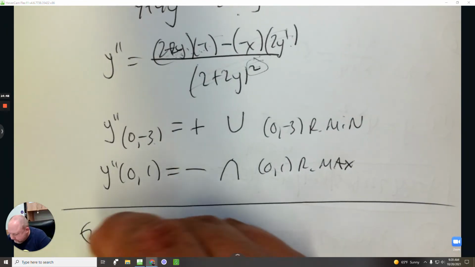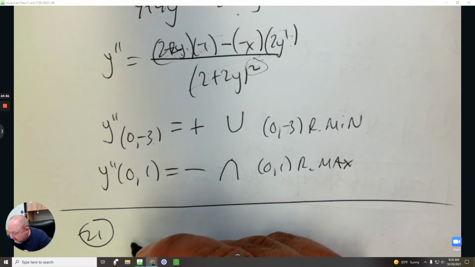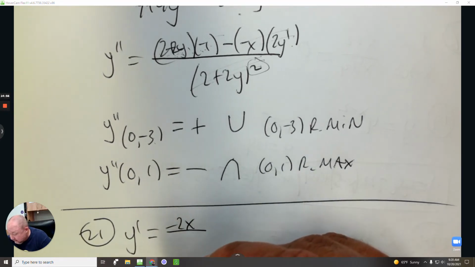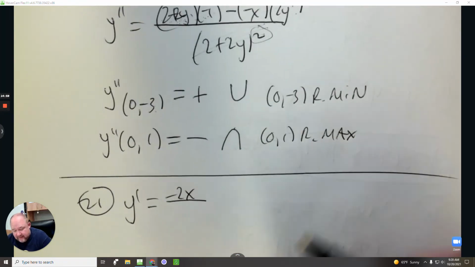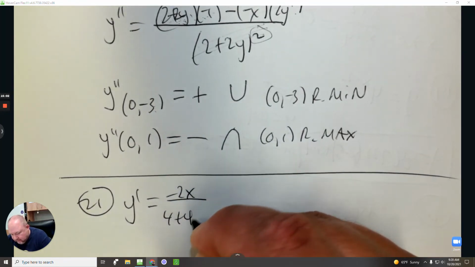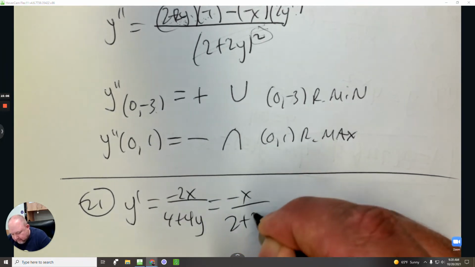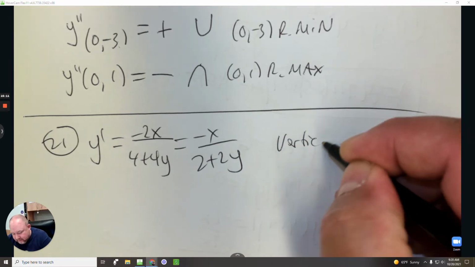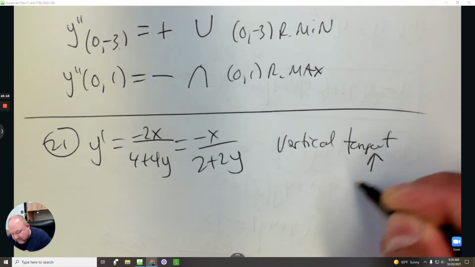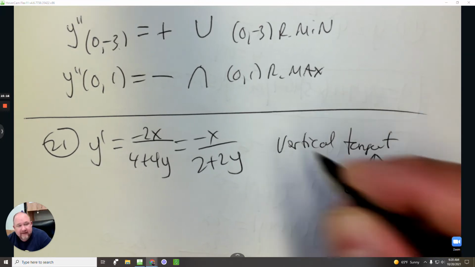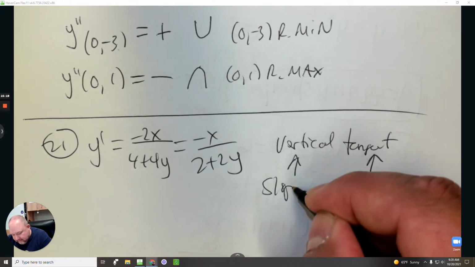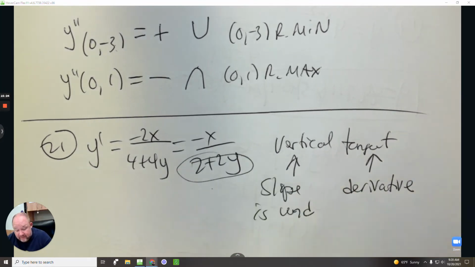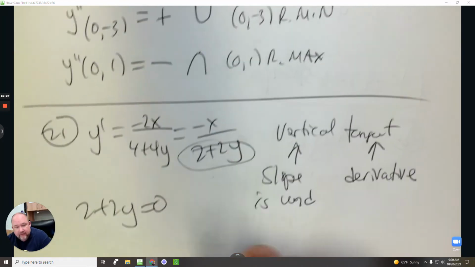21. We just did this. It says find vertical tangents. So we need the first derivative again. I'm not redoing the derivative. It's the same exact equation. So the first derivative is negative 2x over 4 plus 4y, or I should have really written down the reduced form. And it says vertical tangents. So break down the words: vertical tangent. The word tangent means derivative. So that's what I'm looking at. Vertical means the slope is undefined. So this is slope. Where is it undefined? Looking at the denominator equal to 0, different than horizontal,